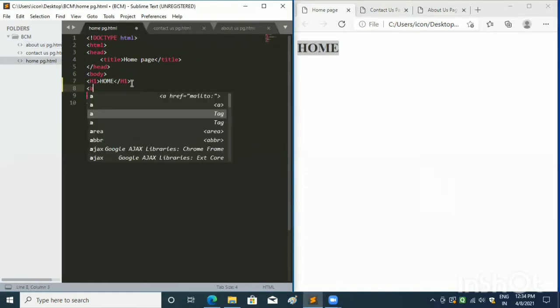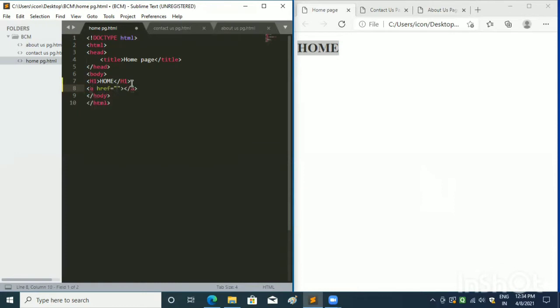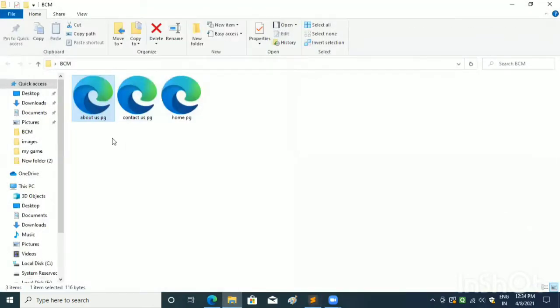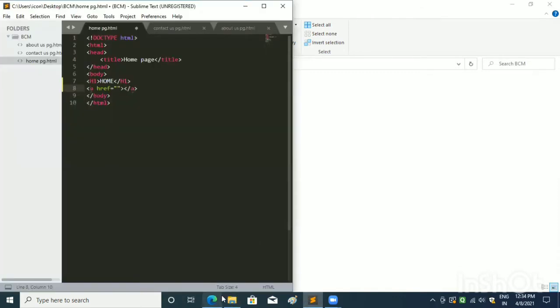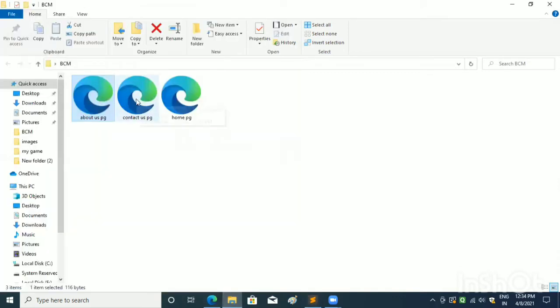Now let's write anchor tag in the document. We will write href attribute in the anchor tag. In href, we write the address of the file that we want to insert on the web page. So I have 3 files in my folder, and first I will give the address of the contact us page document in my editor.